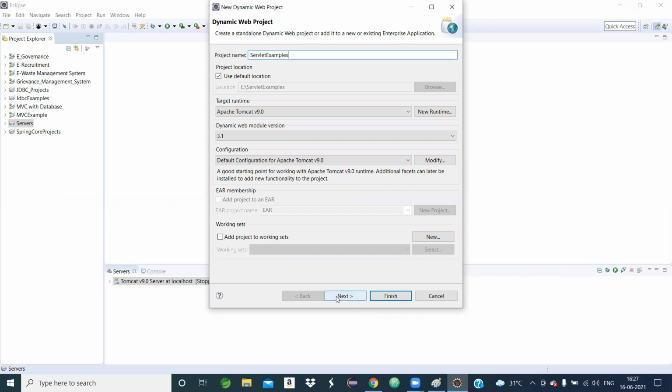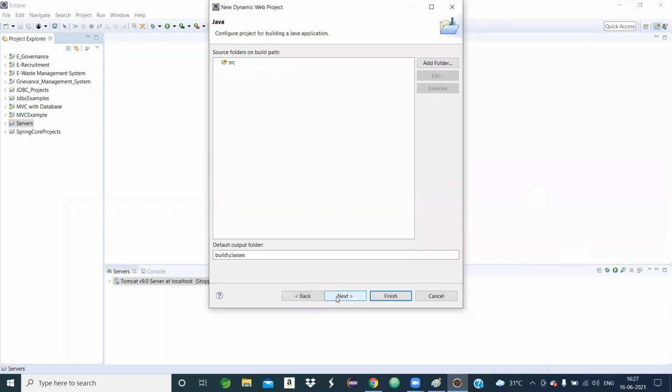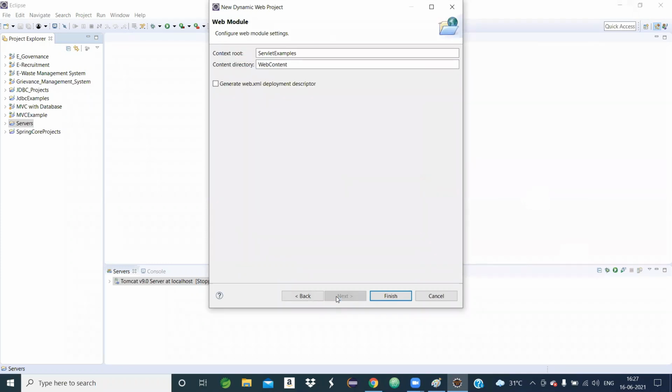Then I will click the next button, then another next button. Then here you will put a tick mark.